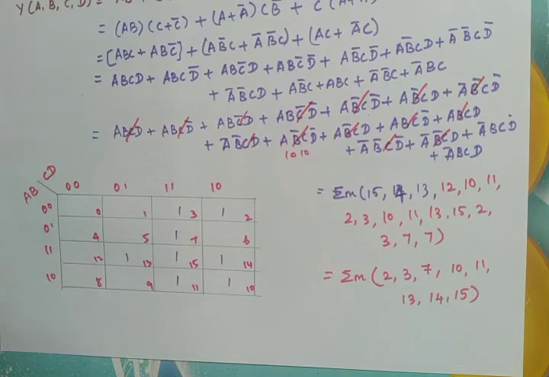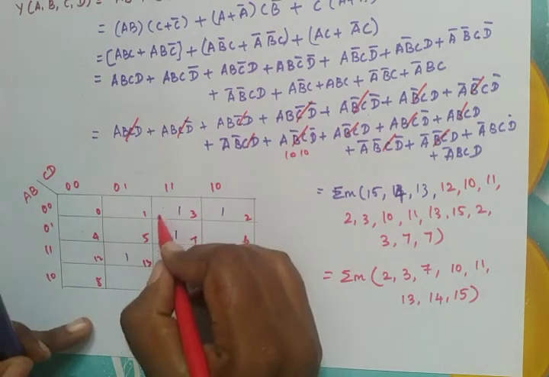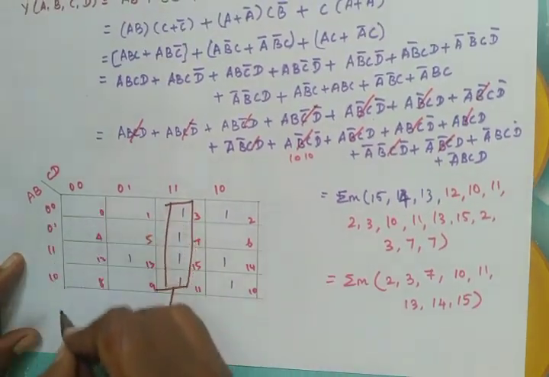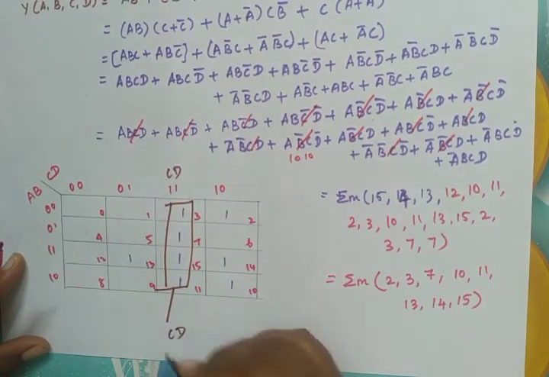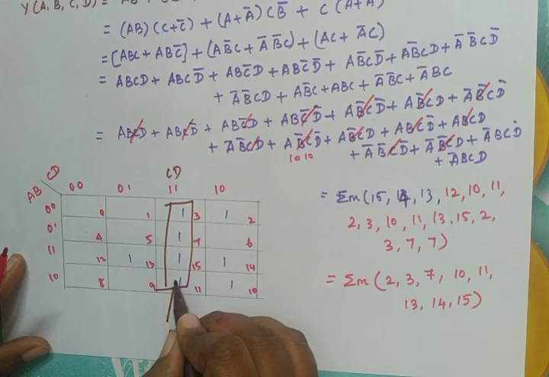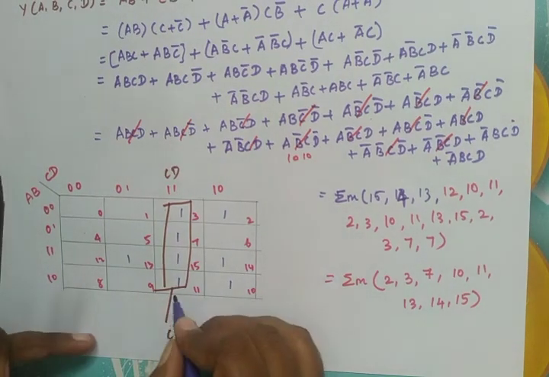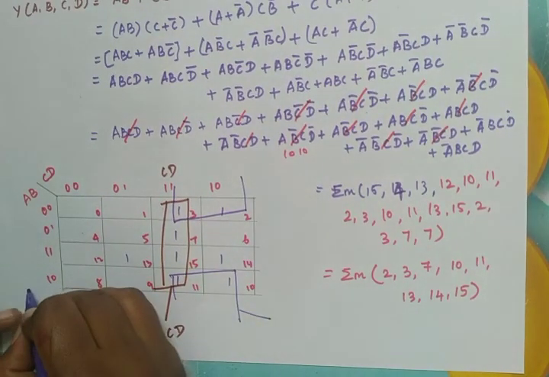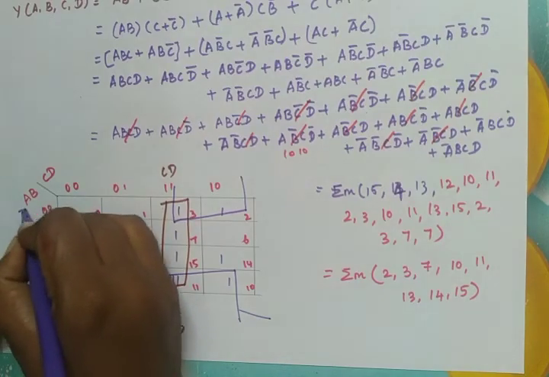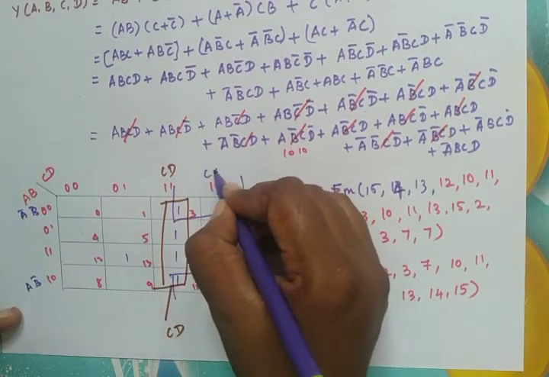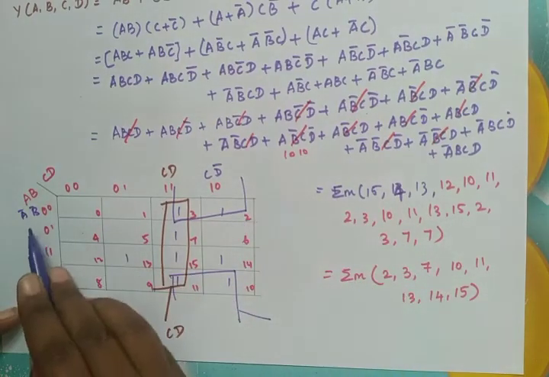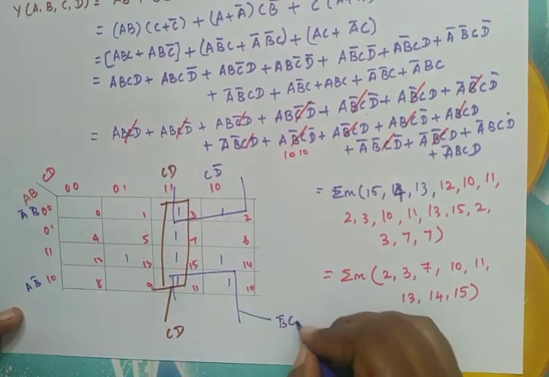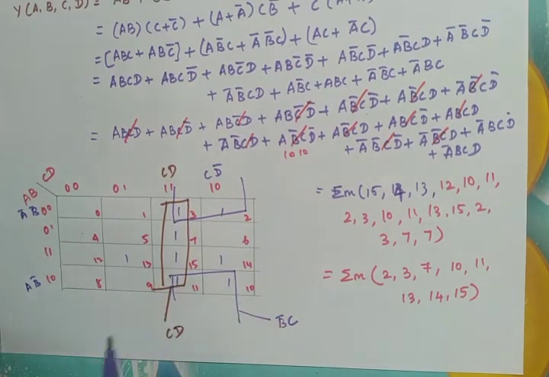Now we have to find the K-map for this. Listen, we can form this 4 as one group. Now what happens? Everything else gets cancelled, so that here we have CD. Then you can form this 2 and this 2 as one group. Now compare these two. This is AB̄, here we have ĀB̄. This is CD, this is CD̄. Now compare these two. Ā gets cancelled, so that here we have B̄. Now compare these two. D̄ gets cancelled. We have answer C.